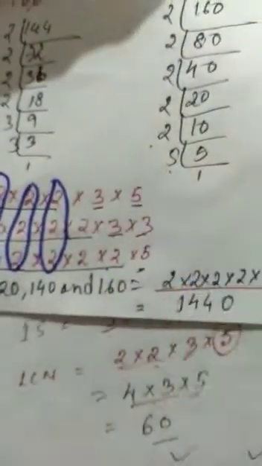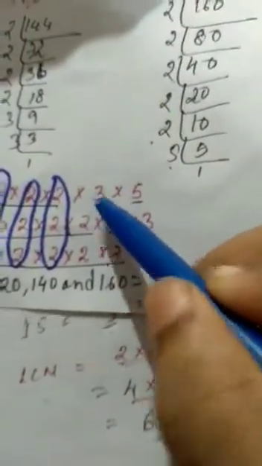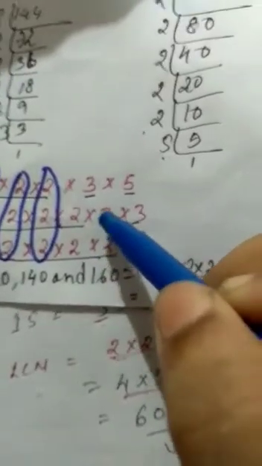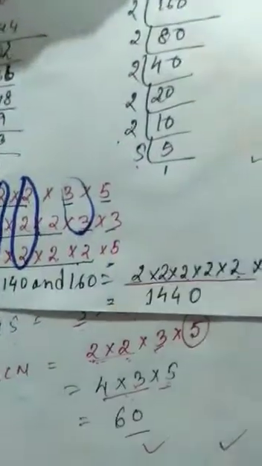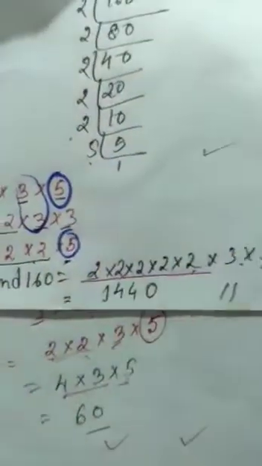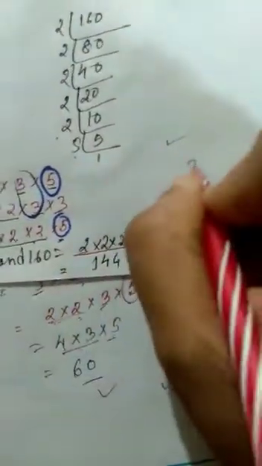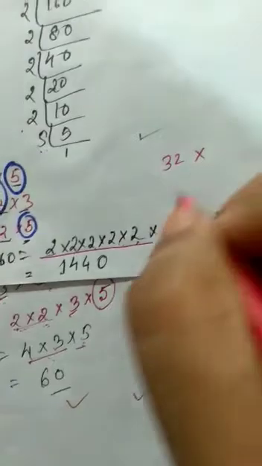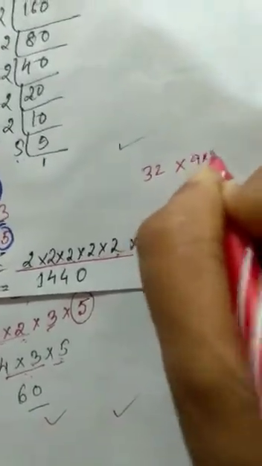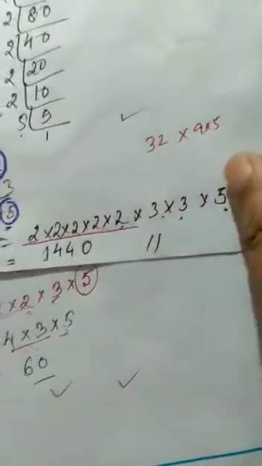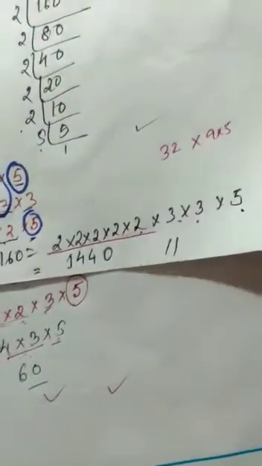Now which one do we have to look at here? See, 3 is here, but it is not there, so among these 3s, we'll write one 3, and this 3 will be written, and a 5 also here, it is 5, then 5, so among them we'll write 1 5, and the 3 is there, this 3. So after multiplying, you can look here, if you multiply 2 to the power 5, you will get 32, into 9 into 5, if we multiply, we will get 1440. Okay, children?